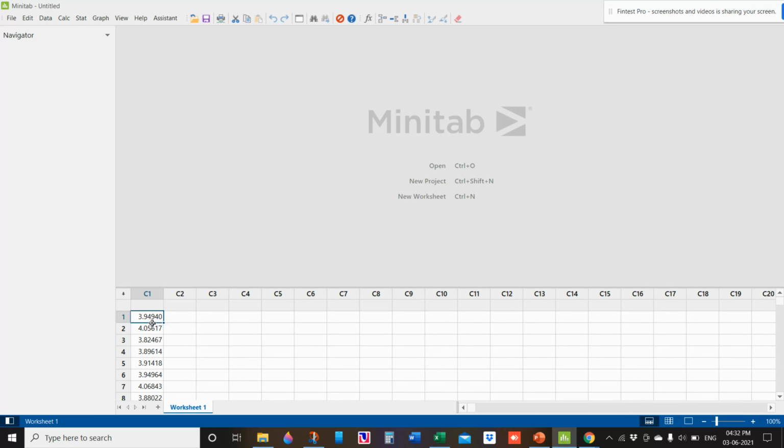You can change the decimal places as well. Now it is around 1, 2, 3. After the decimal, 5 readings are there. You can change it to whatever number of decimals you want. Now, how to do CP/CPK with this data?